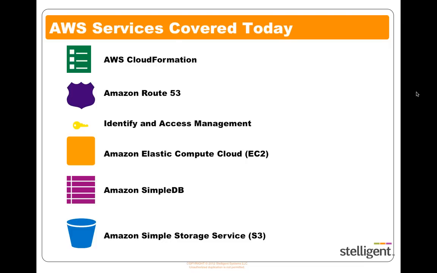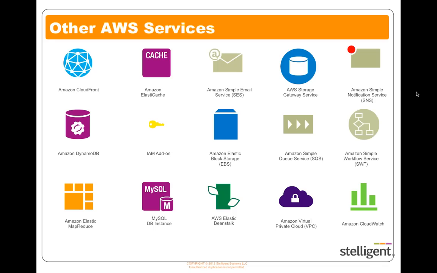And then finally, as far as the core services that we're focusing on today, is Amazon Simple Storage Service, which is essentially online storage. And you're able to get access to what are called buckets. And within these buckets, you can control access, and you could put configuration files out there, or you could put images for your website, and basically anything that you'd use for storage is a way that you can use S3.